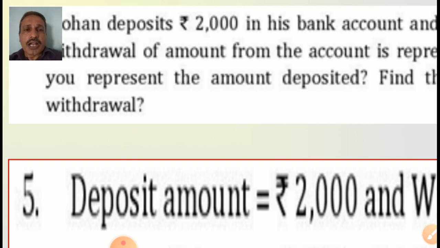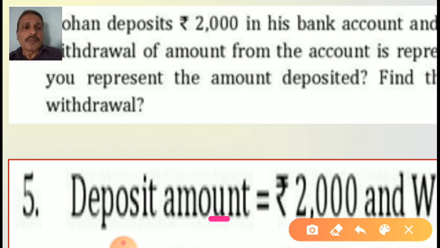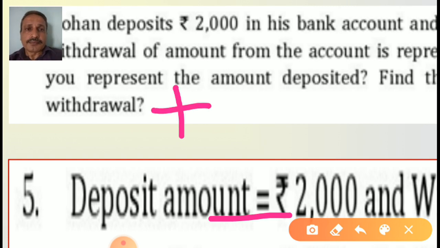Understood? Deposit, how many rupees did he deposit, Mohan? 2000 rupees. Yes student, a deposit of 2000 rupees always comes with a plus sign. Whenever you expense, withdraw, suppose you have 100 rupees and you purchase a wafer packet of 10 rupees, will 10 rupees be added or subtracted? Suppose you have 100 rupees and you are purchasing a 10 rupees wafer packet. What will you do? Add 10 rupees or subtract 10 rupees?